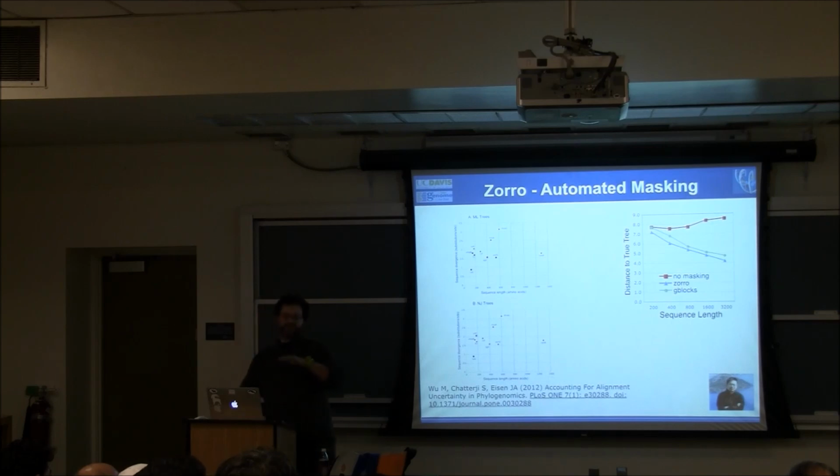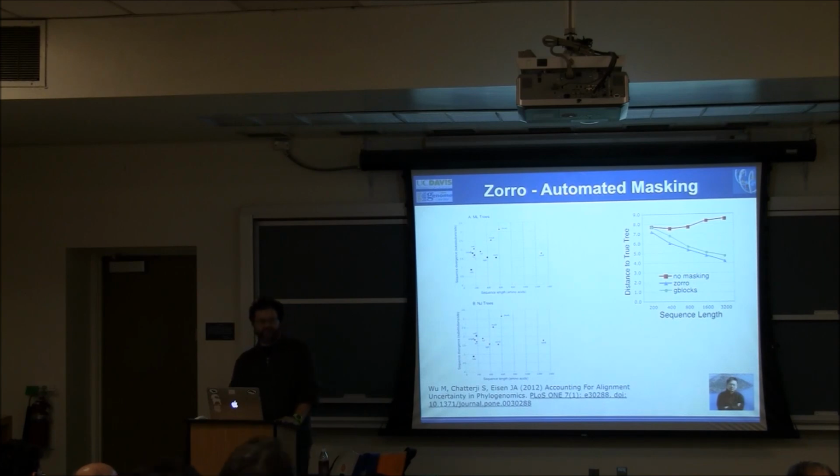One of them was, you can't do anything by hand anymore with this amount of sequence data. One thing that you like to do with sequence data is throw away regions of sequence alignments that are ambiguous or misleading before you build an evolutionary tree. So Martin Wu, when he was in my lab, developed a tool that will do this in a completely automated manner, to do this masking of protein family sequence alignments, called Zorro.